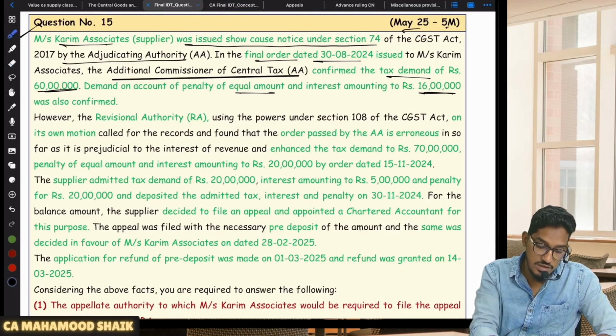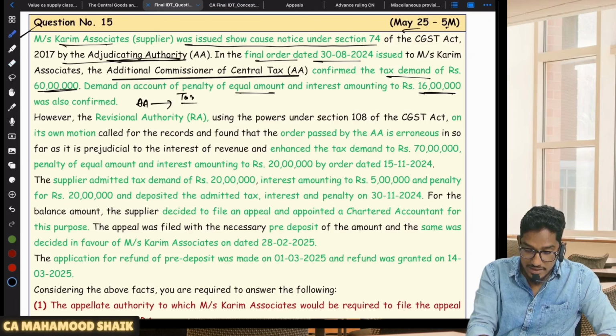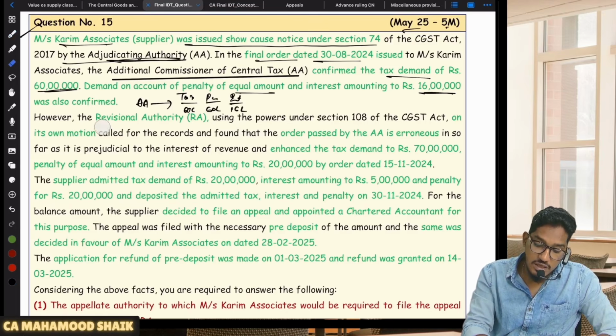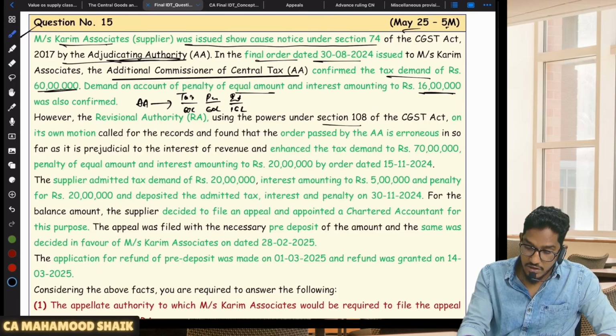So what is the appellate order saying? Sorry, not the appellate order, the adjudicating authority only. They did not go for appeal, adjudicating authority only. So the adjudicating authority passed an order. What is the amount? Tax 60 lakhs, penalty also equal amount 60 lakhs, interest is how much? 16 lakhs. However, the revisional authority, using the powers under section 108 of the CGST Act, on its own motion